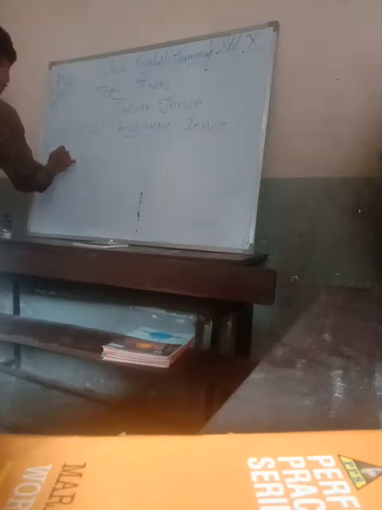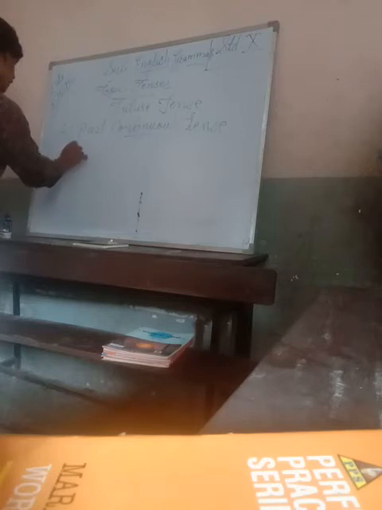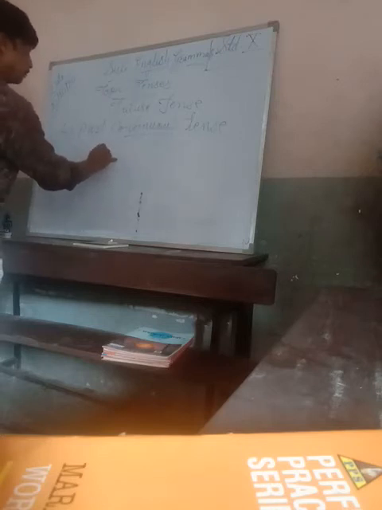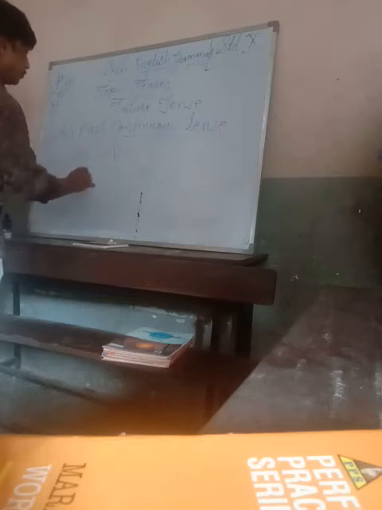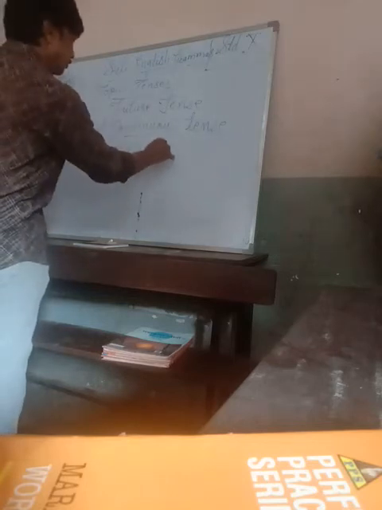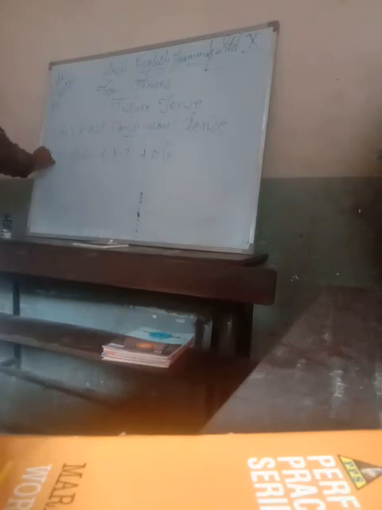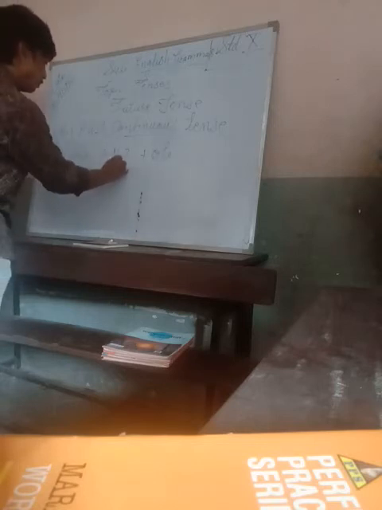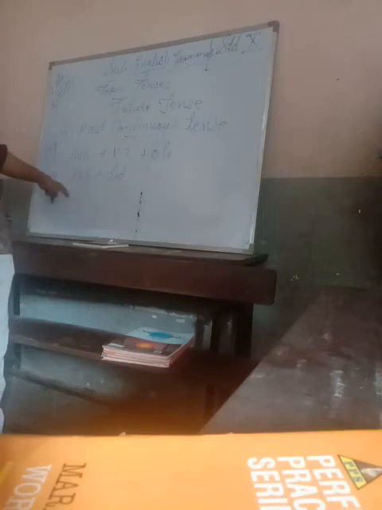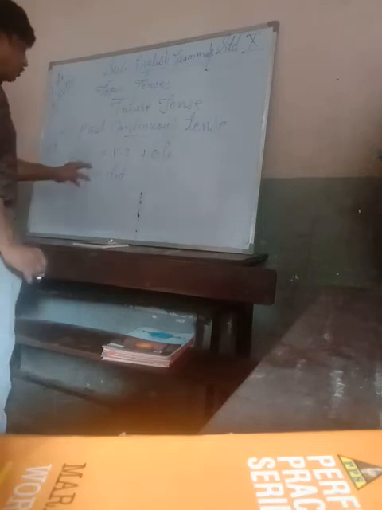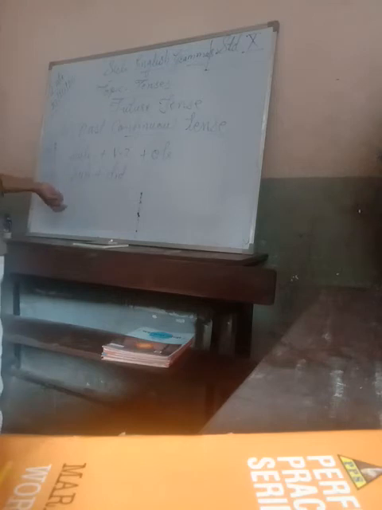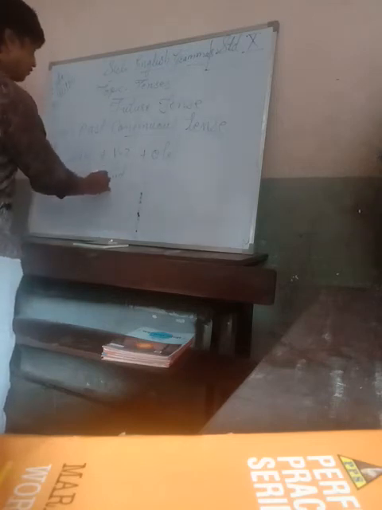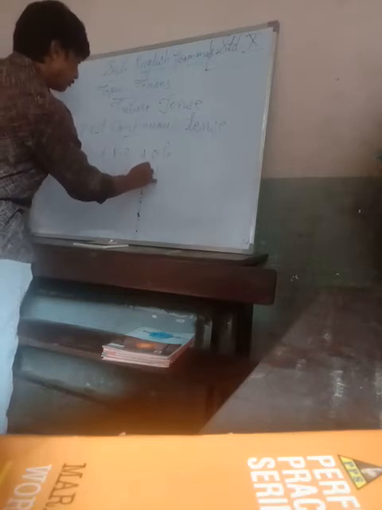So let's see the formula. Subject first, then V2. V2 means second form of verb, plus object. Very simple formula. It's an affirmative. Now we are going to see the negative formula. Subject comes in the beginning, then did. You have to remember that in the negative sentence, did is used to make the negative sentence, right? Did is the past tense of do, plus not. Later on V1.